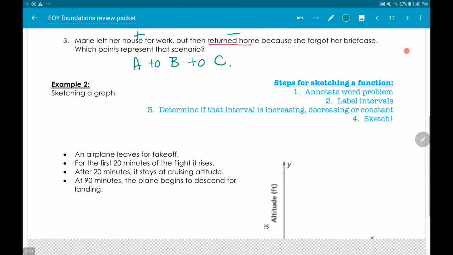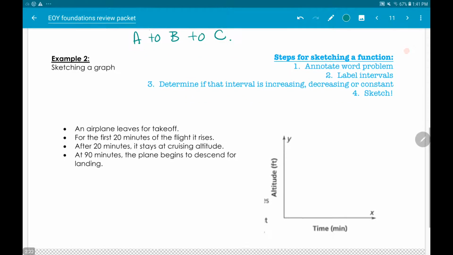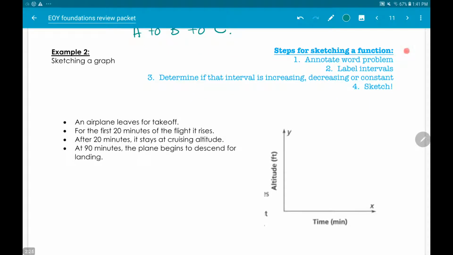Alright, so then we sketch a graph. Okay, so how do we sketch? We need to annotate, label our intervals, and then determine if it's increasing, decreasing, or constant. Alright, so an airplane leaves for takeoff. So when I think about that,